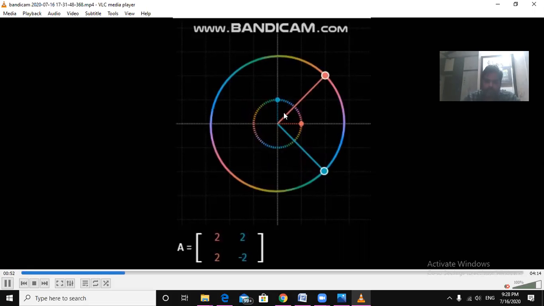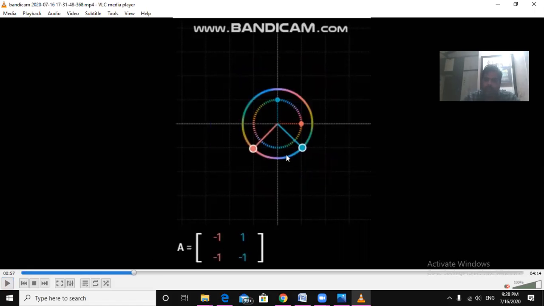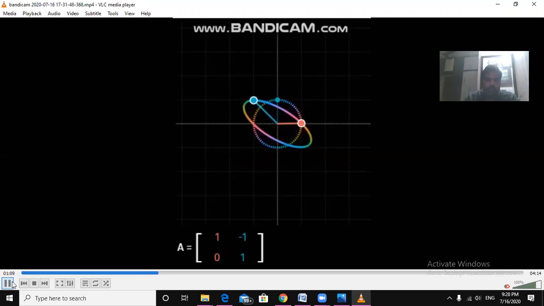This is my operator. These are the original vectors. These original vectors now change to a new set of vectors, where the length of each vector also changes and each vector is rotated through some angle clockwise. So these are different combinations of this linear transformation.